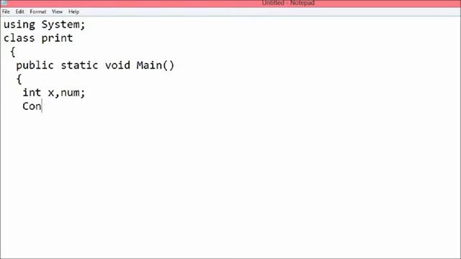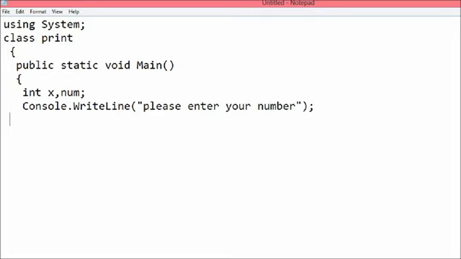For that we have to write Console.WriteLine, and you can give a meaningful sentence here like "Please enter a number." After that, the number entered by the user is in string format, so we have to convert it into an integer.